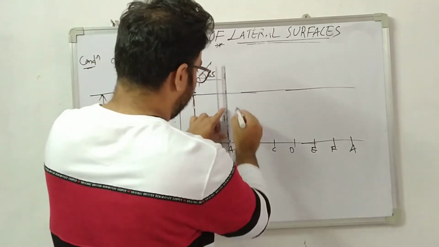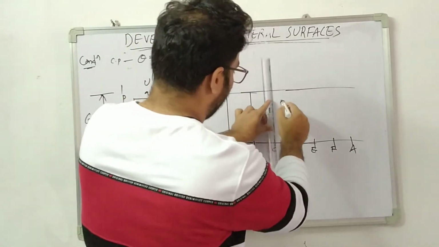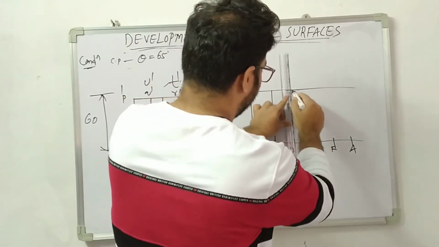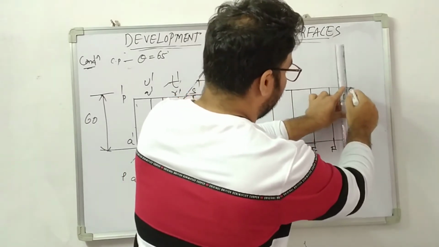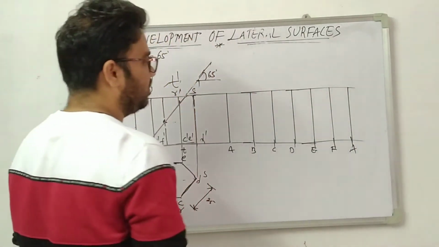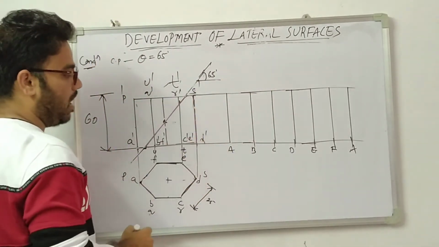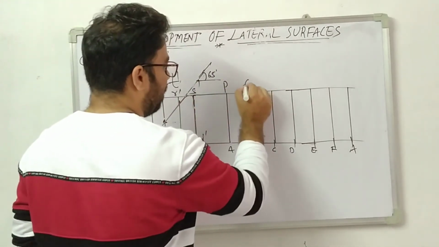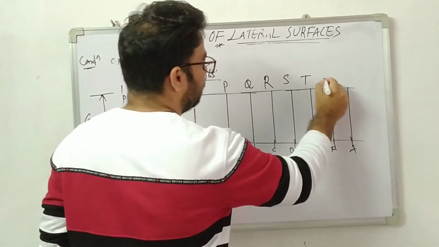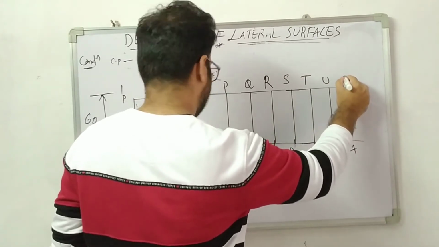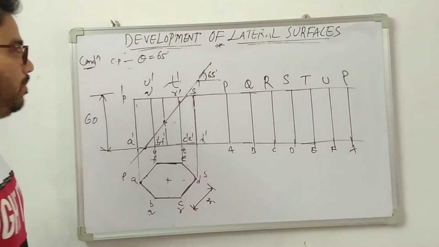Now draw the height, same height, whatever the height is, that height 60 mm here. You join it, you are getting the longer edges. These are the rectangle faces. How many rectangle faces can you see here? 6 rectangle faces you can see. So this is the bottom base. The top base also has names. Those are P. Always try to give capital letters. P, Q, R, S, T, U, and the last one P.